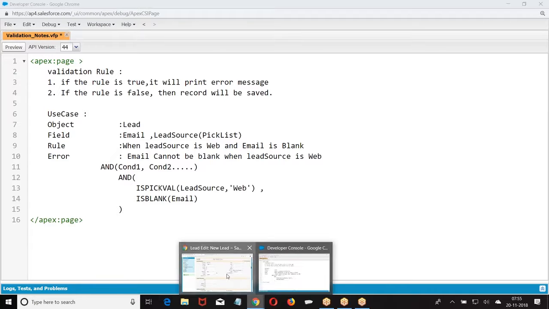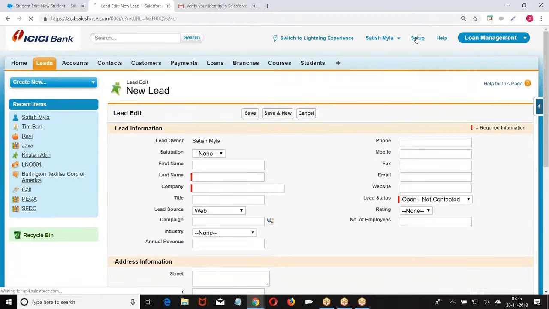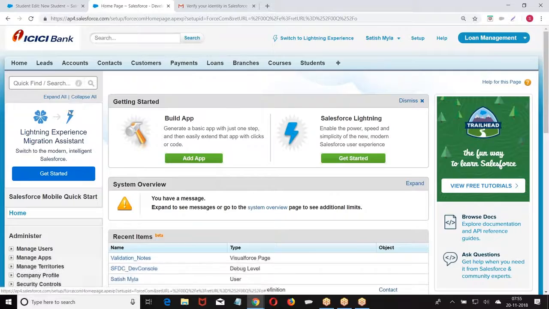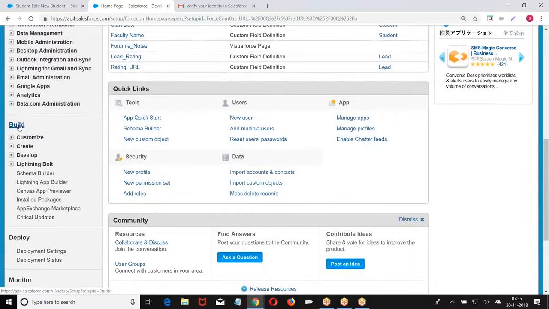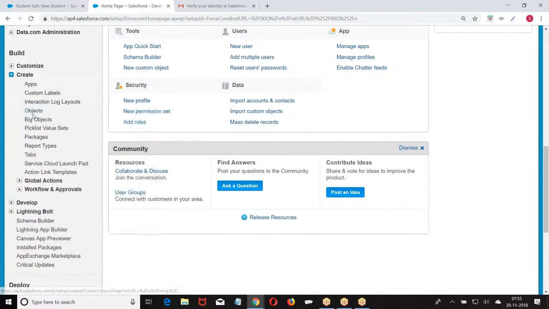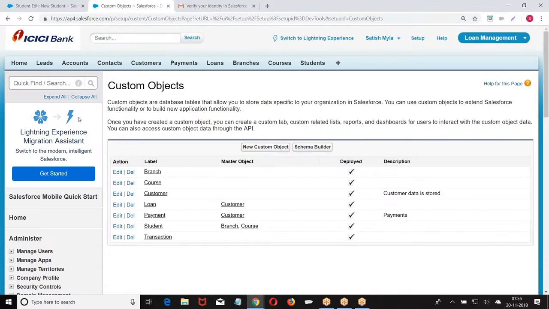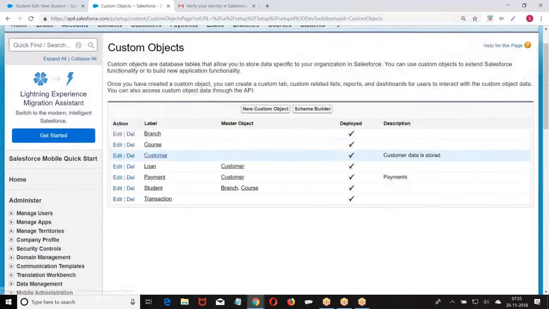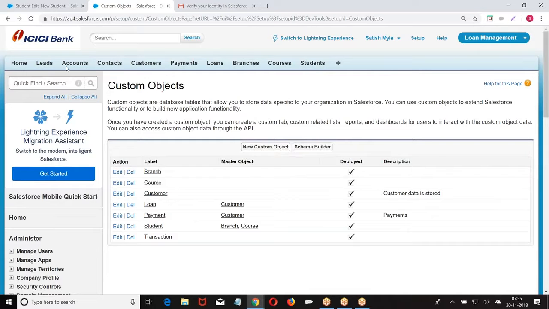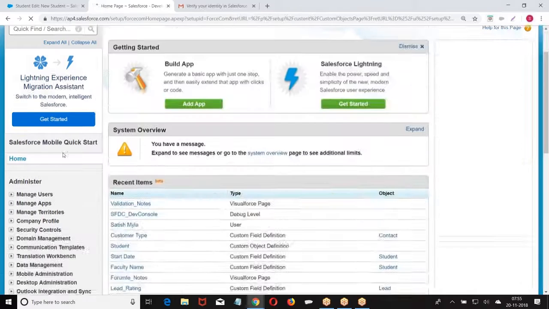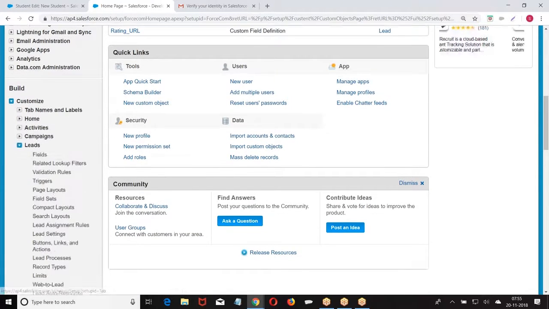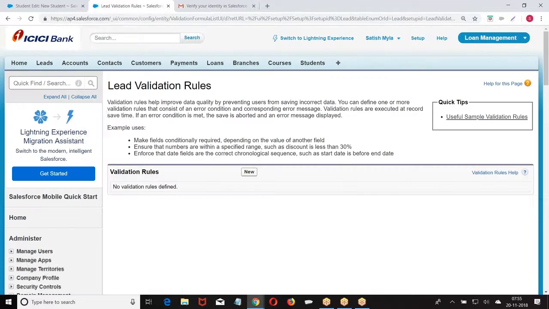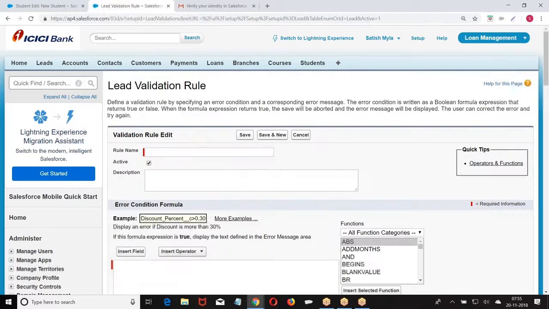Let us look at this example. Setup, administer, okay, setup, come down, build, create, objects. Are we working with a standard object or a custom object? If it is a standard object, what is the navigation? Setup, build, customize, leads, validation rules, new validation rule.